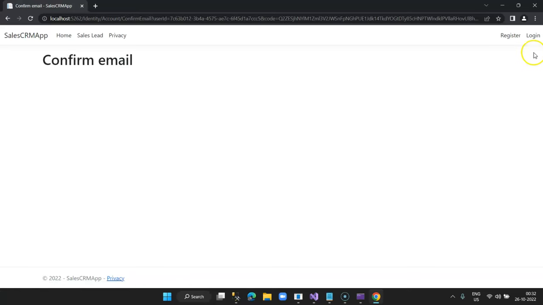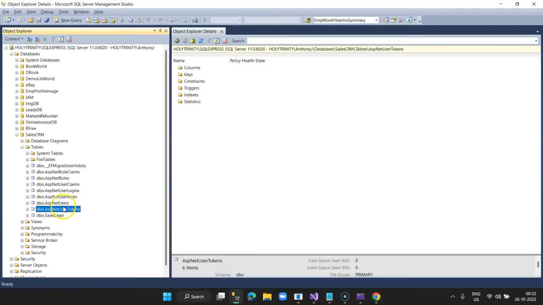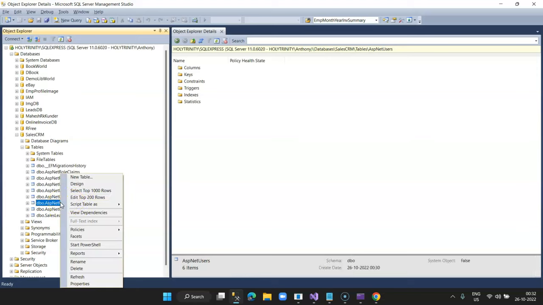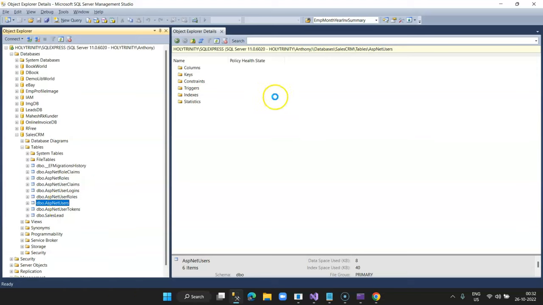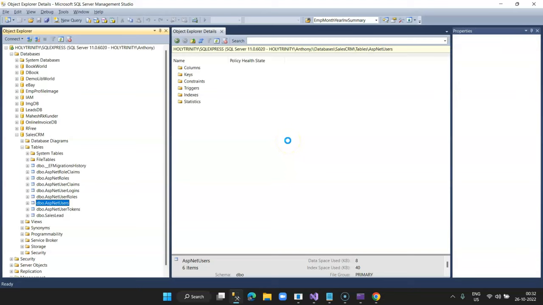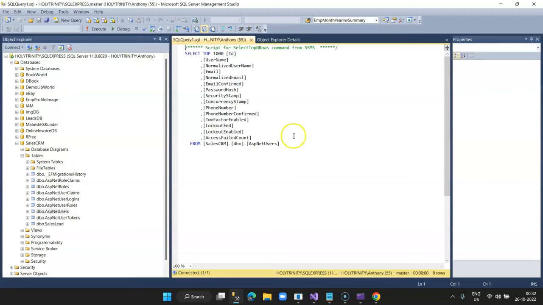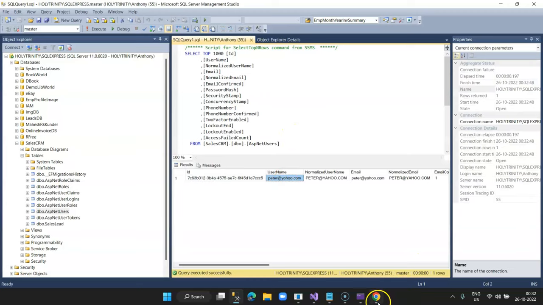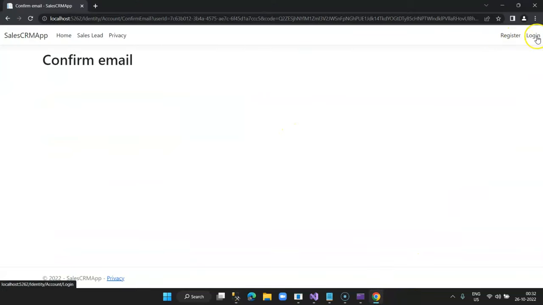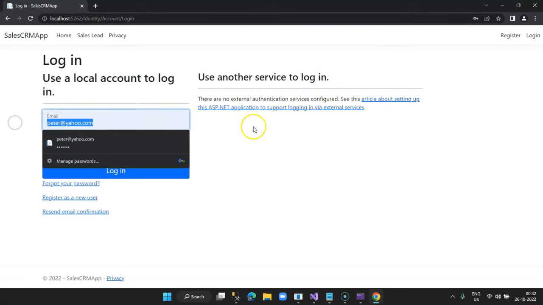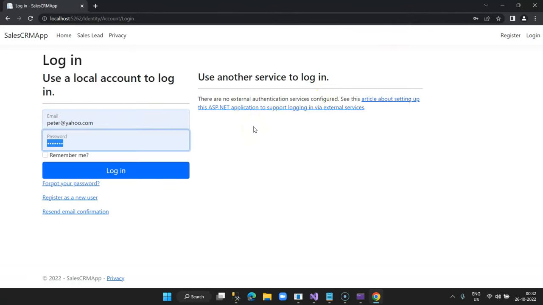The account is confirmed. Now let us go to the table and refresh the ASP.NET users. Just select and you will be able to see Peter's username added in the database. So let's go ahead and try to log in. I say Peter, it's already there, and I give the password Peter $6, and I click on login,